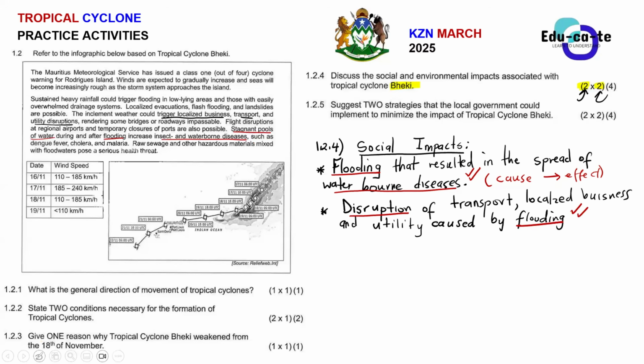So I just wanted to ask, if we didn't have a case study, then we have just an illustrated picture. Then this question 1.2.4 says describe the social and environmental impacts associated with the tropical cyclone Peggy. So are we going to name the social impacts? Are we going to name the social impacts that we are naming now? These